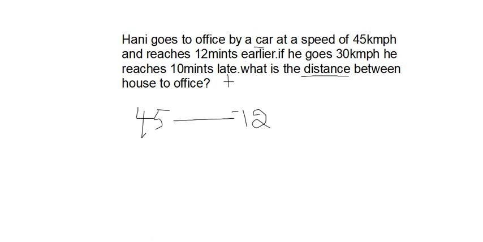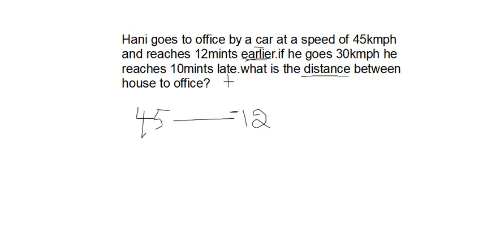Suppose it is earlier, means you are going fast. At 8:30 you should go, but at 8:25 you are already there in the office. What will we do? We will subtract. That is 8:30 minus 5 minutes, that is 8:25. So every time you see late, you need to write the addition symbol, that is plus, and if it is earlier you need to write minus. So here first I have written speed, that is 45 km per hour, and time is how much, children? 12. Earlier, so I have written minus here.